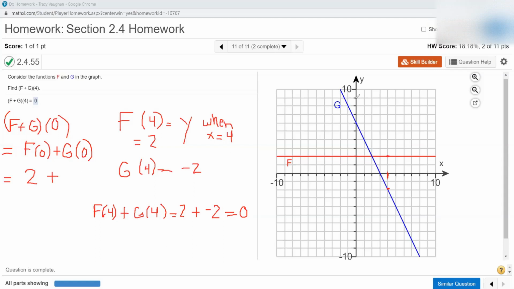Good, because we go to the blue graph, we find x equals 0, and we count the units to the blue line, and it looks like it is indeed at 6. So f of 0 plus g of 0 will be 2 plus 6, or 8. Excellent job. All right. So actually the only section we're today